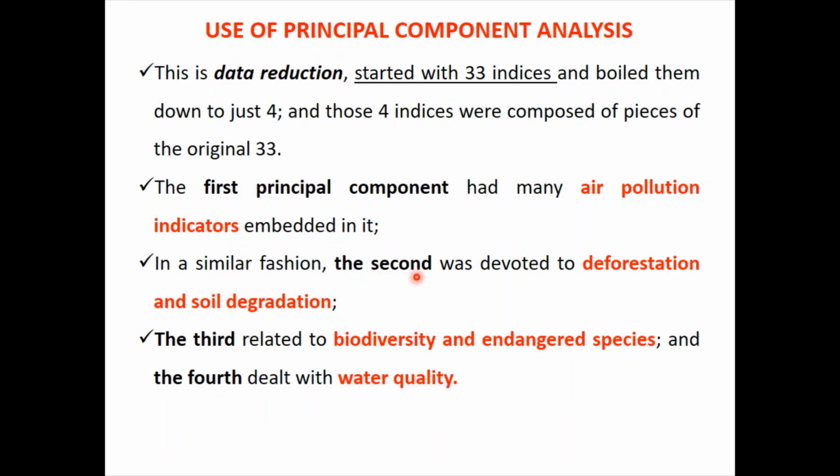In a similar fashion, the second was devoted to deforestation and soil degradation. The third one is related to biodiversity and endangered species, while the fourth dealt with water quality. So in this way, principal component analysis helps us to sort down 33 interdependent indices into 4 mutually independent